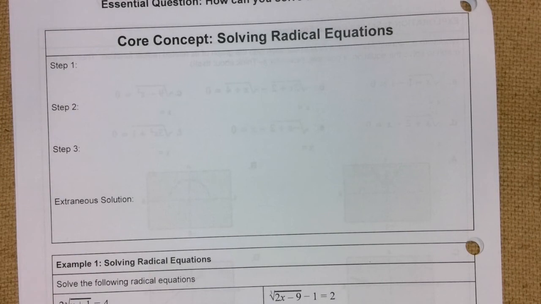When we're talking about radical equations, we're talking about something that has a square root or a cube root or a fourth root or anything like that inside of it. We're going to walk through the process, and then we're going to do examples 1, 2, and 3. Anytime we want to solve a radical equation, something that has a square root, a cube root, or a fourth root,